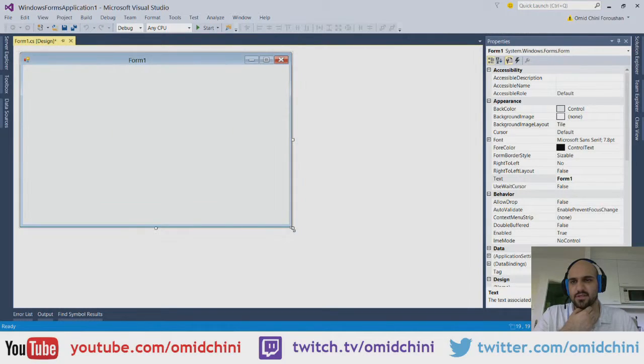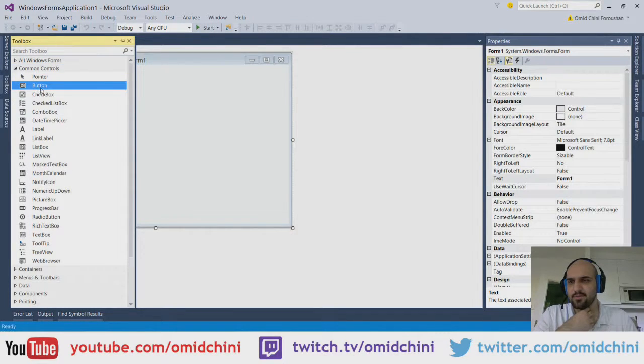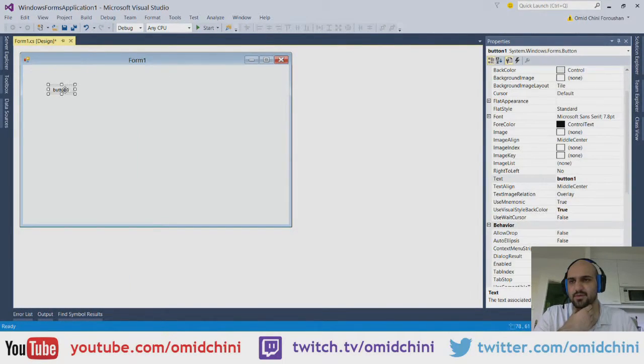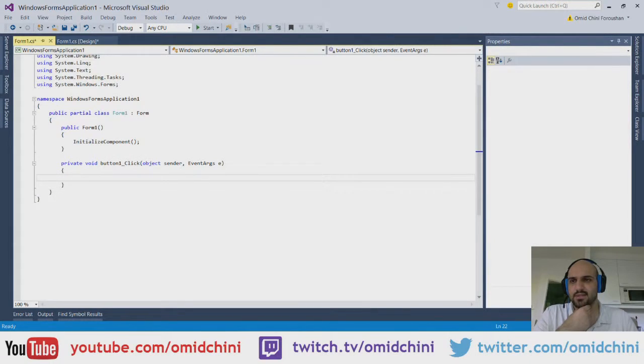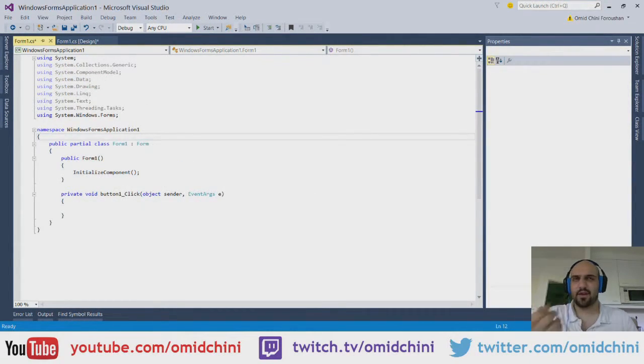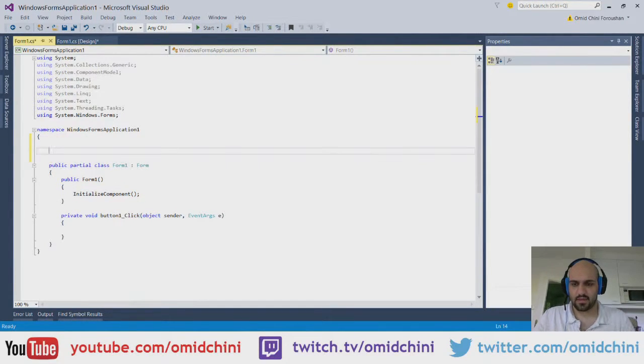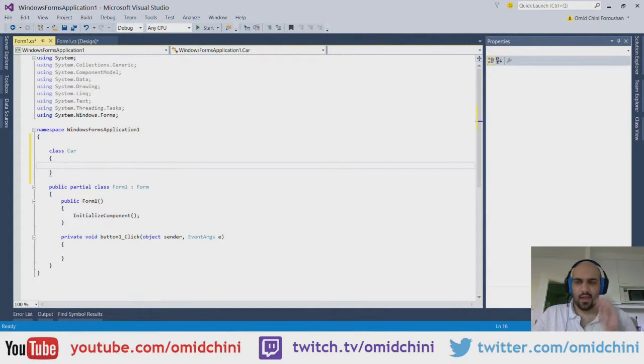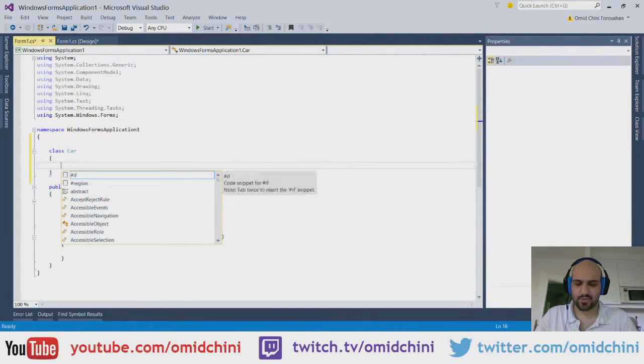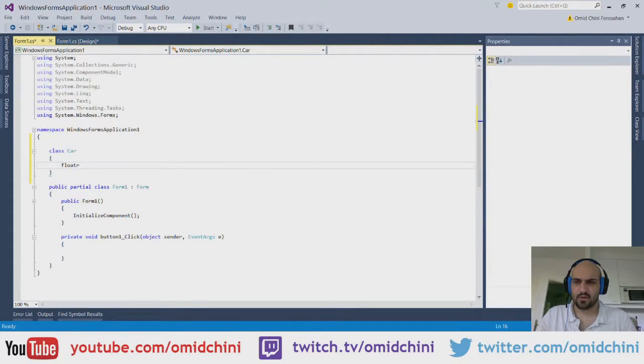Yeah, so here I have this, and I am going to add a button to it. Okay, I'm going to add a button to it. What I want to do is define a class like car. Okay, so I'm going to say class car. And for car, I will have different variables. I will have an integer speed. Actually, let's put it as float. I will have the float speed,